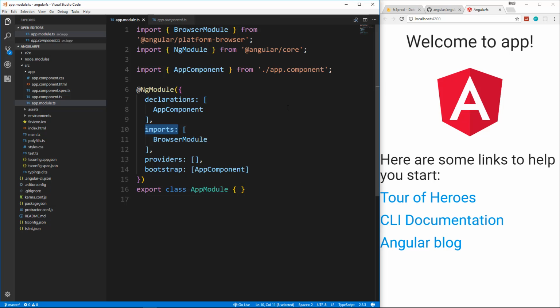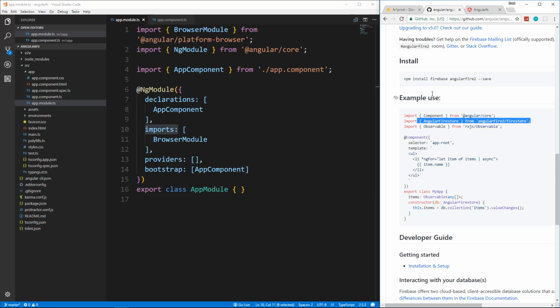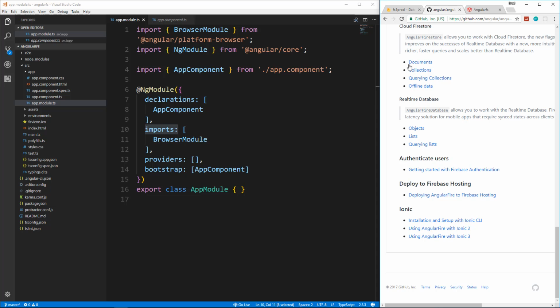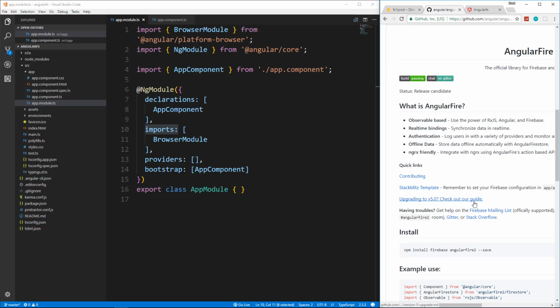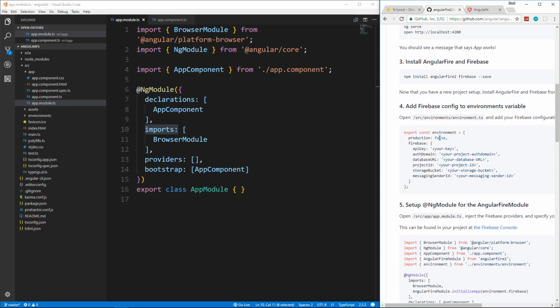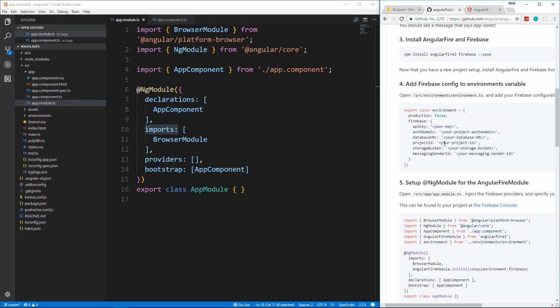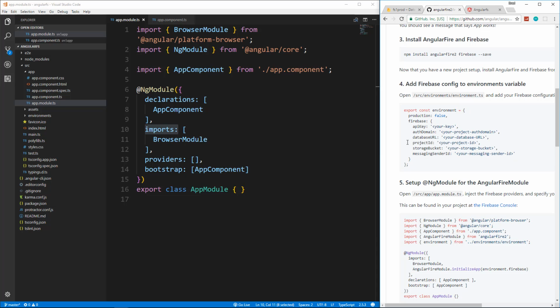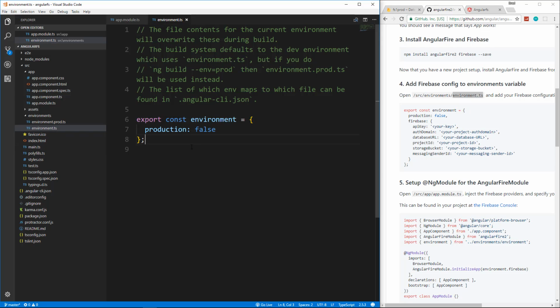All right, so AngularFire has some stuff we need to bring in. If we look at the documentation here, there's actually a lot to this. Getting started with authentication, we don't want that. Installation and setup, let's take a look at that. So we've already installed it, we've already done that. All right, so right here, now in order to link our FireStore with our application, we need to include this object here with the API key, the auth domain, all this stuff, and they recommend putting it in your environment TS file. So what we're going to do is go into environments and then environment.ts, and we're going to,